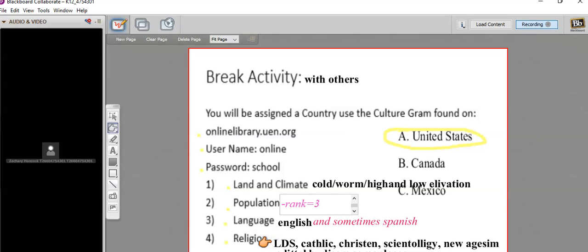Somebody put religions, so they put LDS, Catholic, Christian, Scientology, New Ageism, a little bit of Baptist, I believe, in some places, and then sometimes none. Okay. All right, very good. Okay, so now if you will move with me to room number 2.